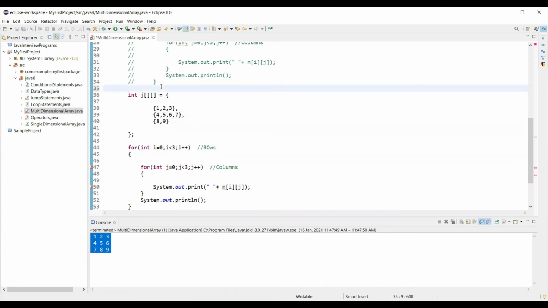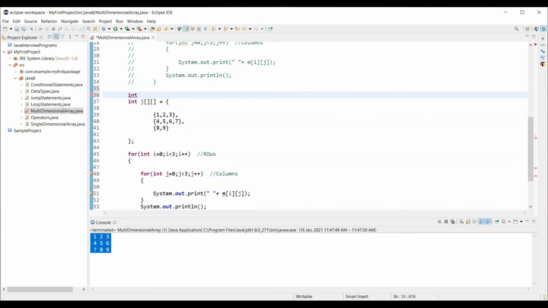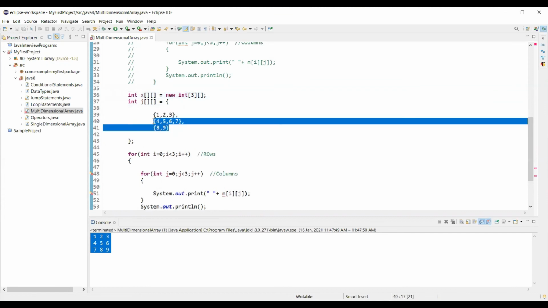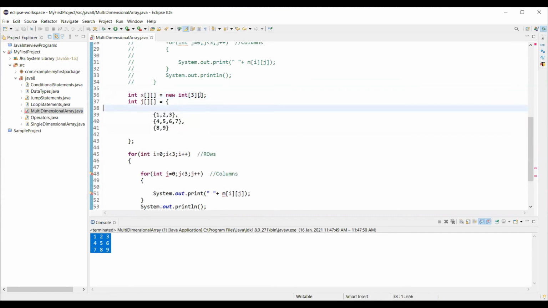And how to actually declare and instantiate the memory for this type of jagged array is, so let me take some x. I'm just showing an example int. So we know that we have 3 array objects, right? So that we need to mention here, and we are not sure on the columns, so we just need to leave this as is, as this is uneven. So we are sure that we have 3 array objects, you can see it here, but we are not sure what is the number of elements each array can have. It's not the same for all the arrays, so we just leave this as is, like this. So this is how we allocate memory for the jagged array, right?